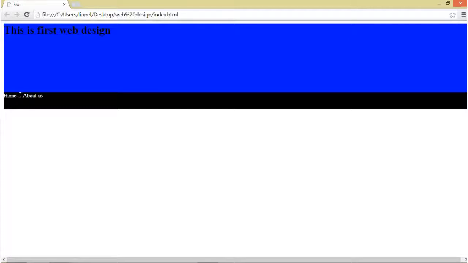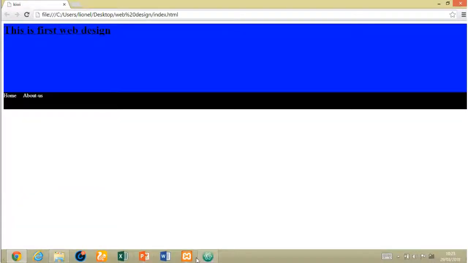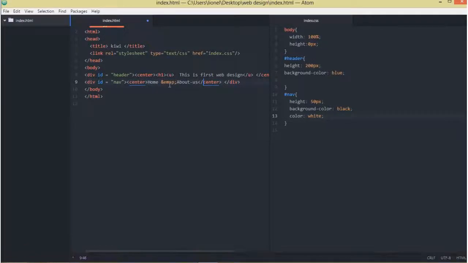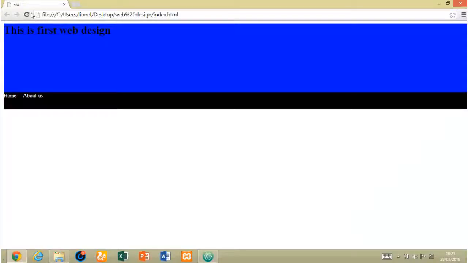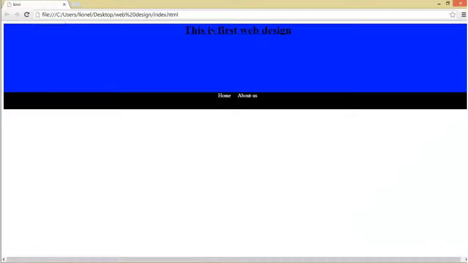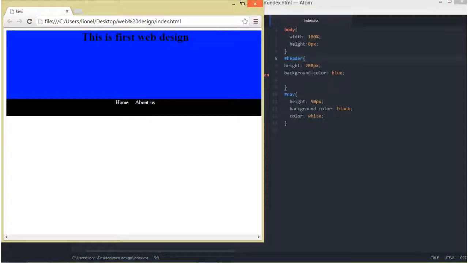As you can see, you can increase it from 5 to 10 so that it will be spaced well. So that's just what this &emsp; means. Then we will now save our file. Then go back to our web page and refresh, and see it moves to the center. Since we are done with that one, let's go into